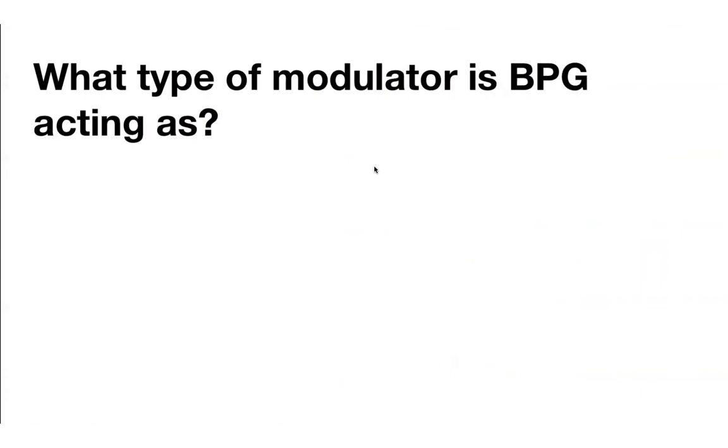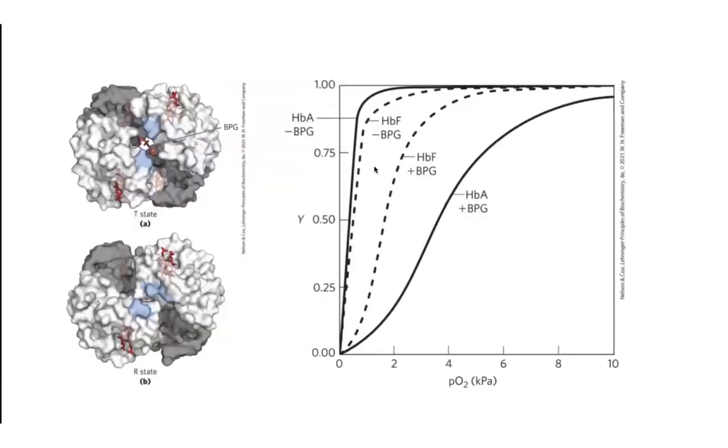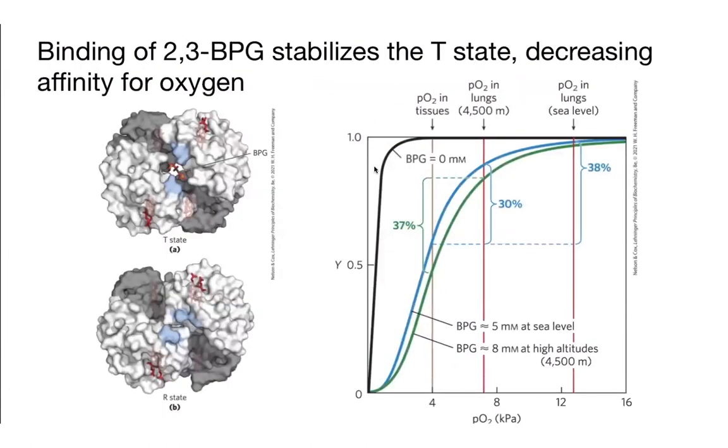So BPG is acting as a heterotropic negative modulator. Heterotropic because it's affecting the binding of a different ligand. So BPG binding is affecting the binding of oxygen, and it's a negative modulator because it's reducing the affinity of oxygen. And this has important consequences, and it helps our bodies further fine-tune the amount of oxygen that is bound by